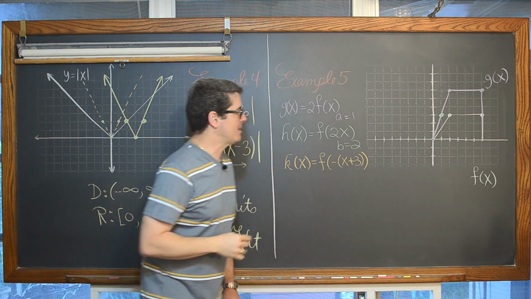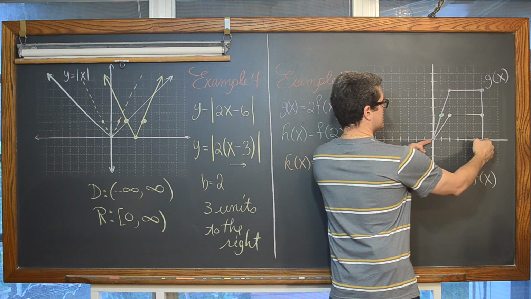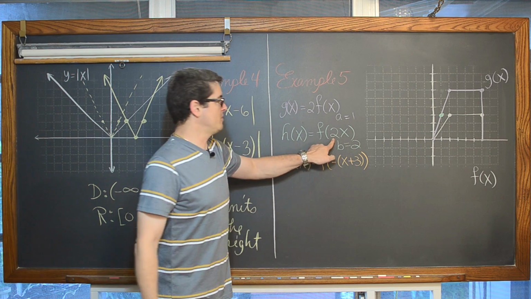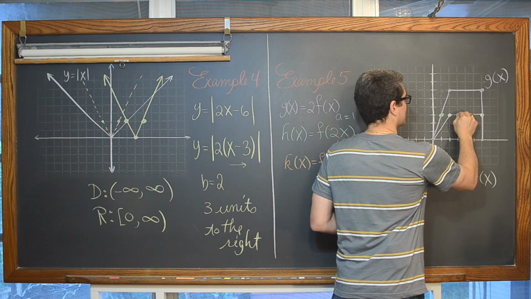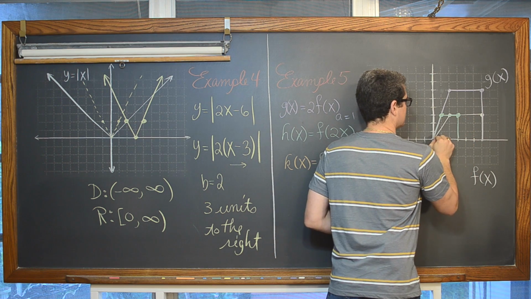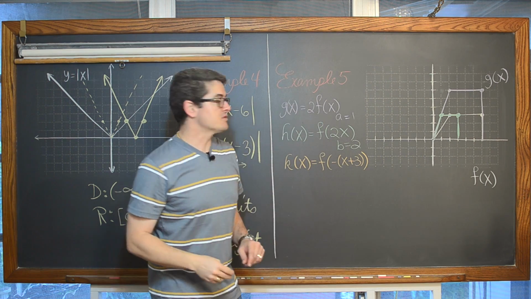This might look a little bit sloppy by the time I'm done. I hope not. Here, to get from the origin to this point, again, that was a distance of 6. Well, now that's going to get divided by 2 because b is 2, and it's going to become a distance or x value of 3. And this, hopefully you can see, green graph is a representation of h of x.